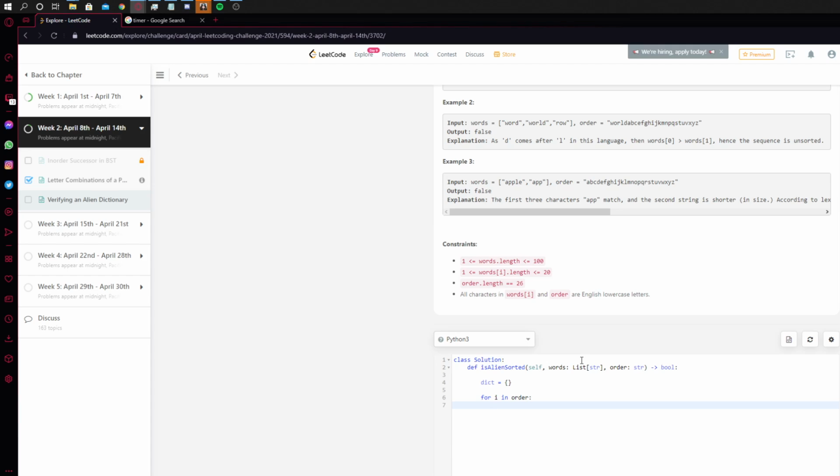Yeah, so basically, if it's empty, then you know it's good, so you can keep going. You don't have to keep checking. Okay, so to build a dictionary for the order,